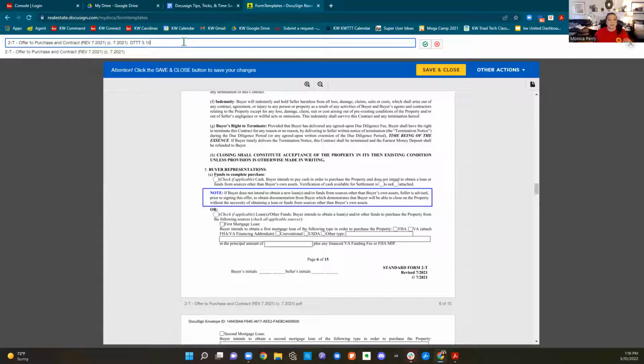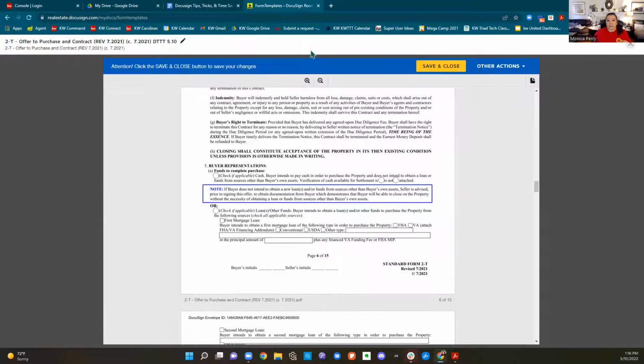So does anybody have any questions about the fact that we can set up multiple templates of the same document as long as they have a unique ID in its name? Any questions? Checking the chat. We click that green checkbox, and that saved that title for me, and I can keep working my way through here. Okay, so I'm going to go ahead and say that I'm just going to do conventional,